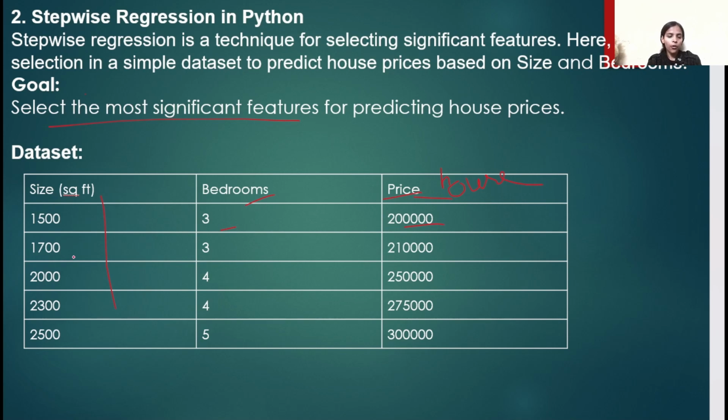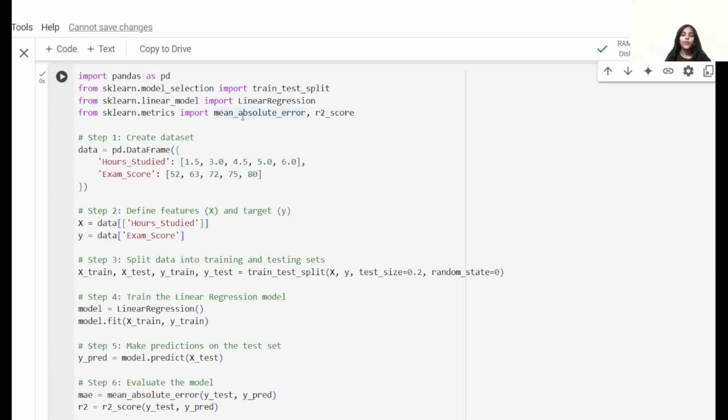For example, these are the sizes of houses, with their numbers of bedrooms, and these are the prices of houses. Now let's see the code for how to demonstrate estimation model evaluation using Python and, second, how to demonstrate stepwise regression using Python. Now let's see how to evaluate an estimation model using Python. Here we have imported the pandas library, train_test_split, LinearRegression, mean absolute error and R2 score. Pandas is used to create and manipulate the data set, and train test split is used to split the data into train